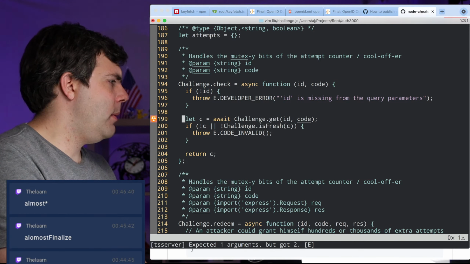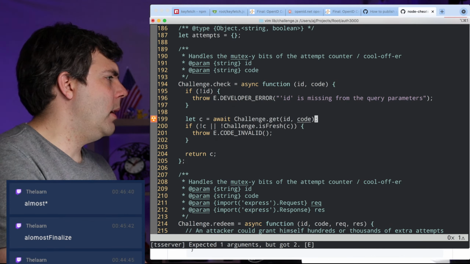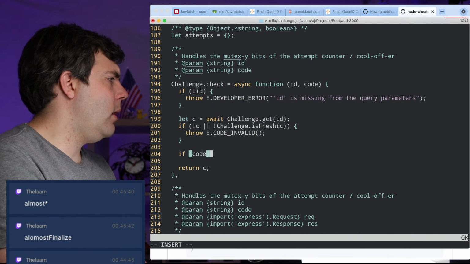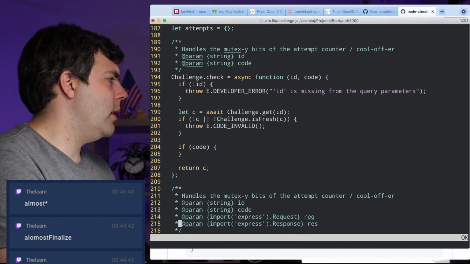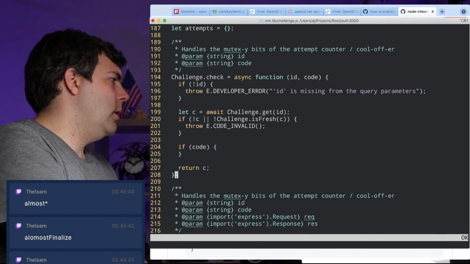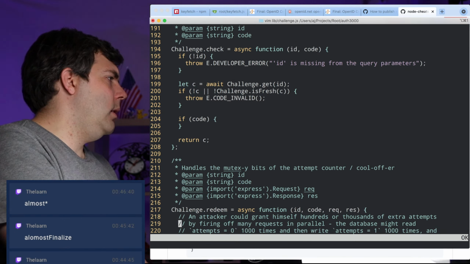All right, why is it upset about this? Oh, because it's got code in there. We don't want code. So what we want to do is if code, then we're going to do this other thing. And then we're going to return C.